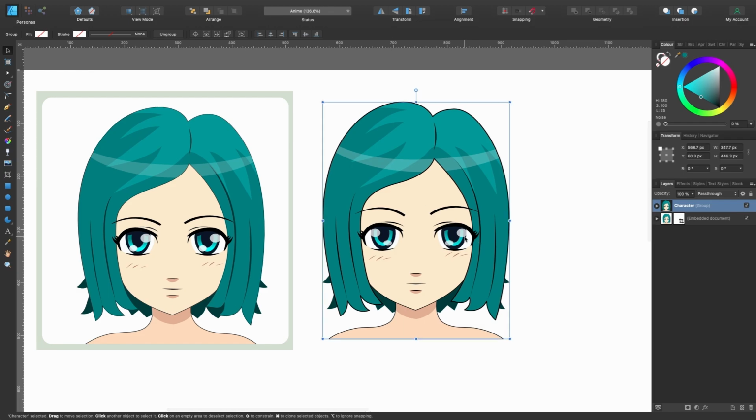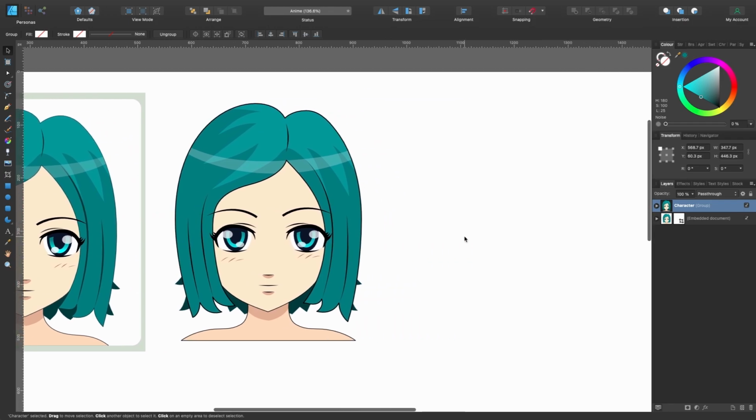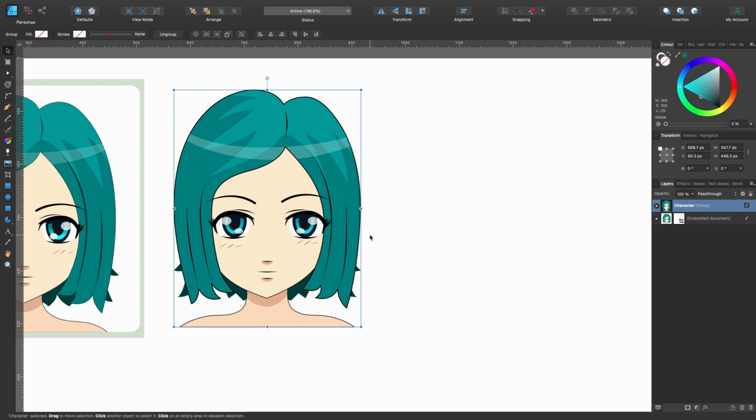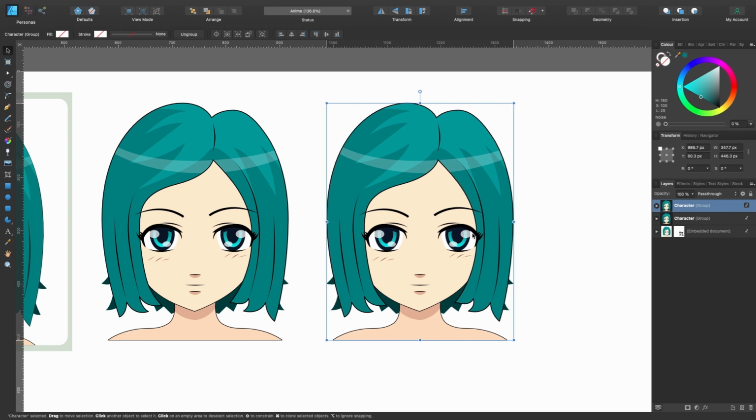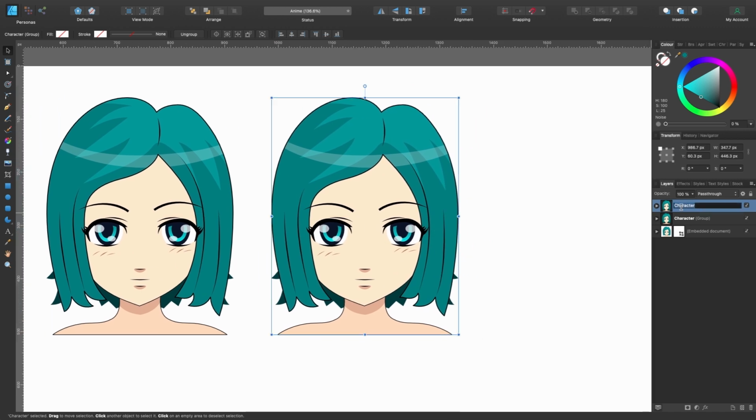From this point, you can customize it to however you like, make your own version of it. So I'm just going to go ahead and do that. And sure, I've got a couple of tips left. So I'm going to duplicate this, Command J, drag it off to the side, and this will be our new one. So I'll just call it new in the layers panel.